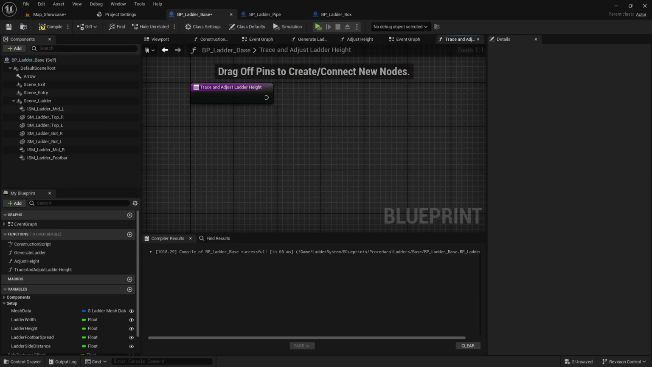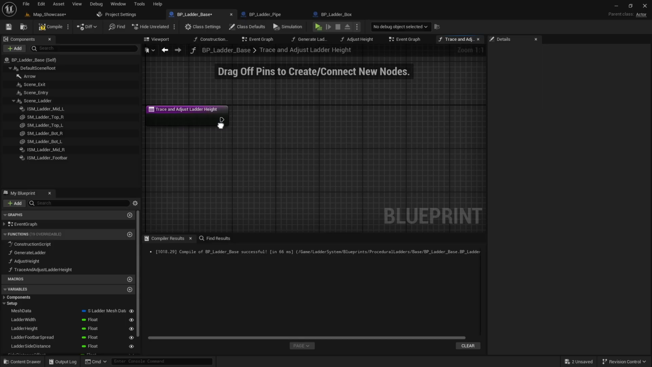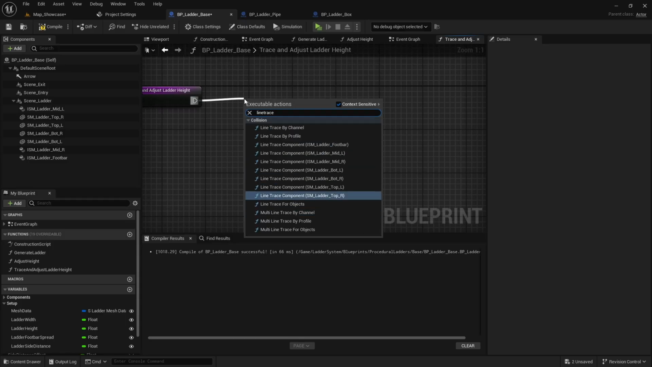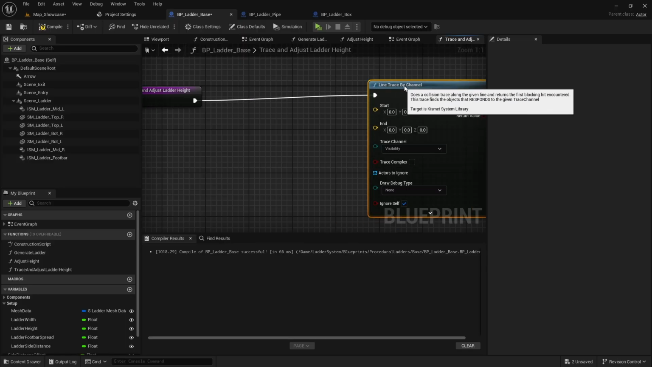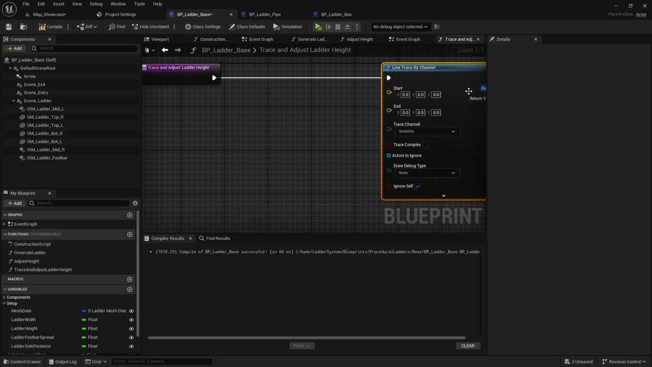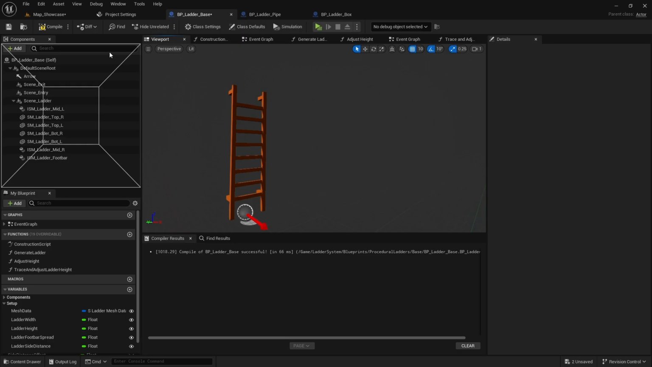So in order to compute that, first we need to perform a line trace, right? So I will perform a line trace by channel, and the channel should be the visibility channel, and now I need to determine the start location. So how can I do that? Right, for that let's add a